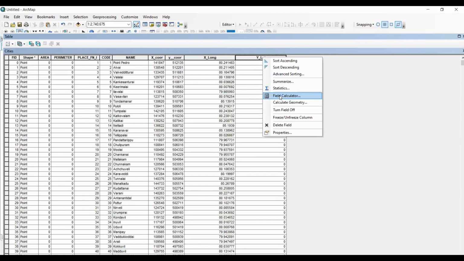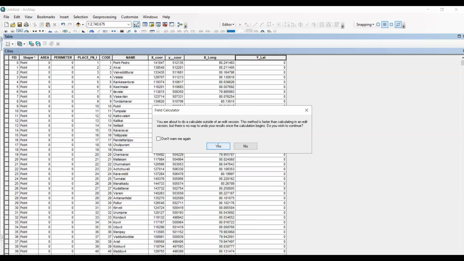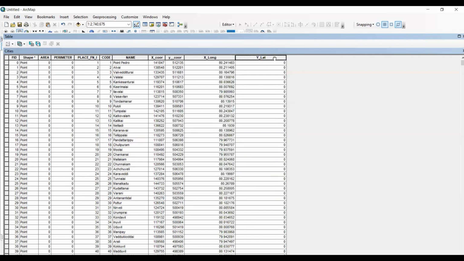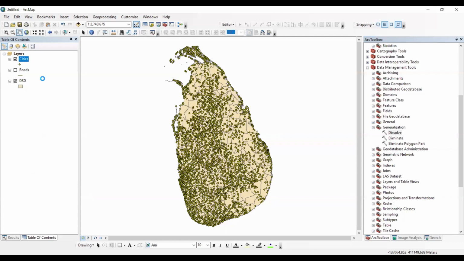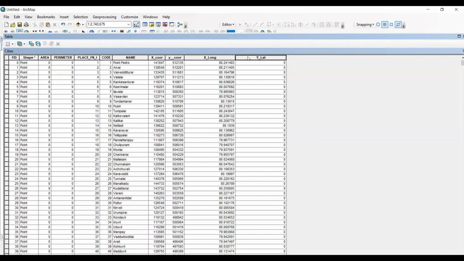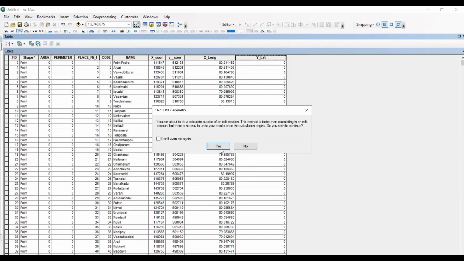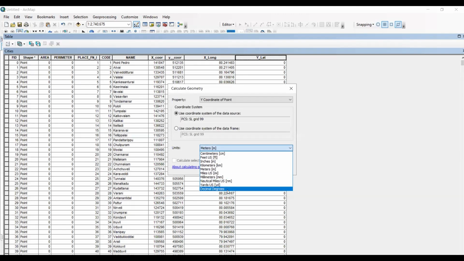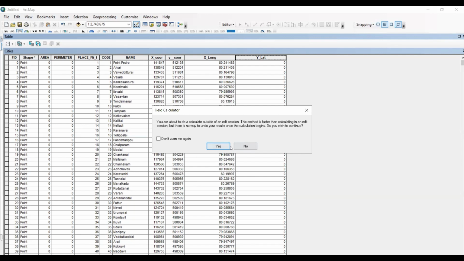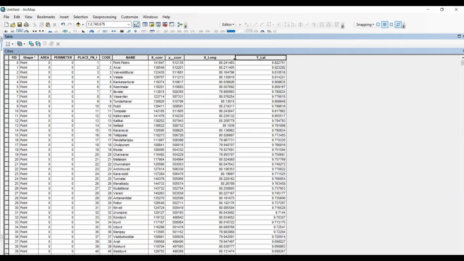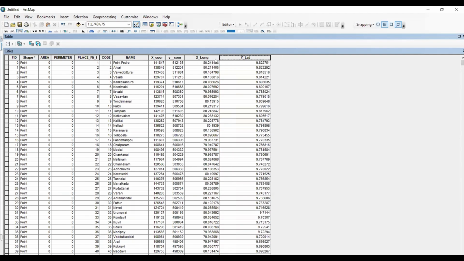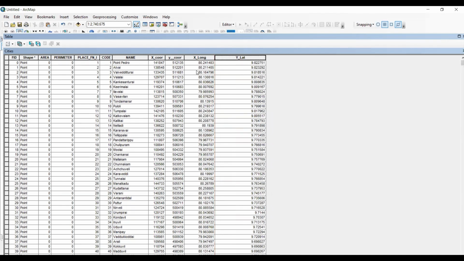Next one, calculate geometry, then the y coordinates, then the decimal degrees. See, if the decimal degree comes, the x-axis denotes the longitudes.